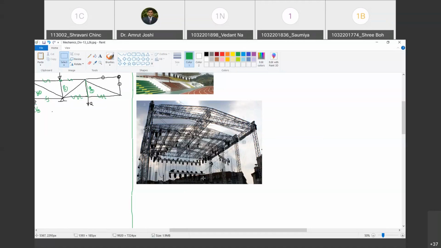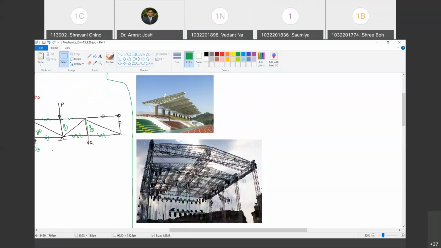So there is a compelling reason. You want a space without a column in between, huge space without column in between. Are you with me? Yes, sir. Similarly, imagine this roof truss has columns like this in between as well. What will happen? Tell me. Will you be able to see the match? No. So there is a problem in visibility. Do you agree with me? Yes, sir.